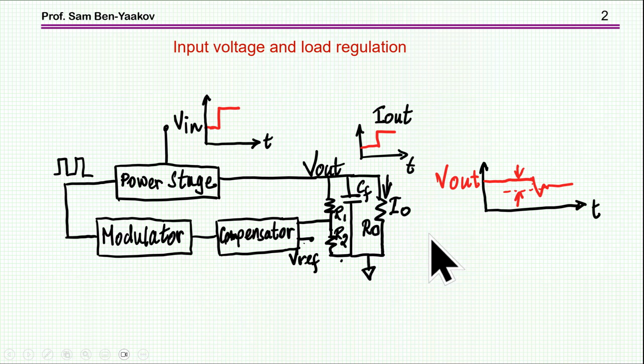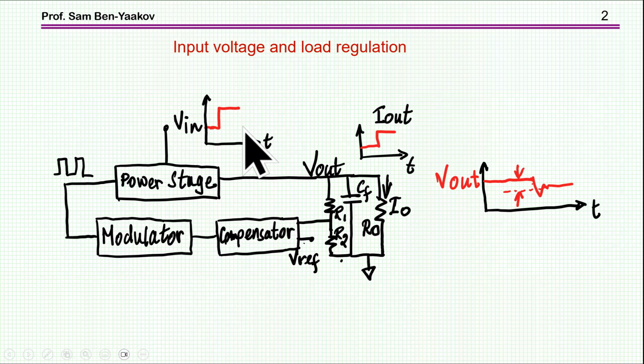I'm showing here a closed-loop power supply, the DC-DC converter, in which we have the power stage, we have the modulator which is producing the pulses for the power stage, the duty cycle you might say. Then we have the output coming out of the power stage with the load and a filter capacitor, and then we might have a divider that goes into a compensator in which we have the input of the reference, and these are compared and the duty cycle is produced such that the output will follow in fact the reference within